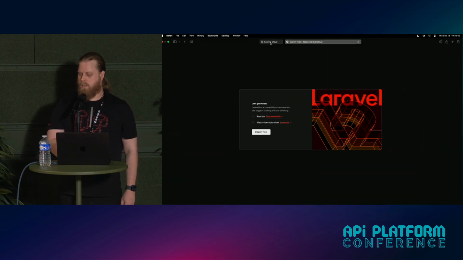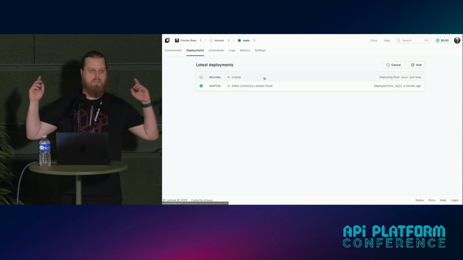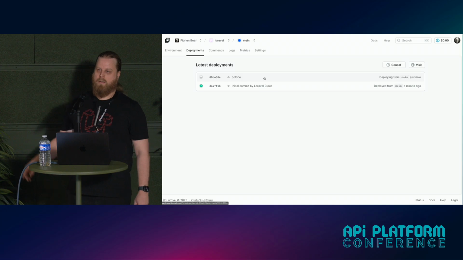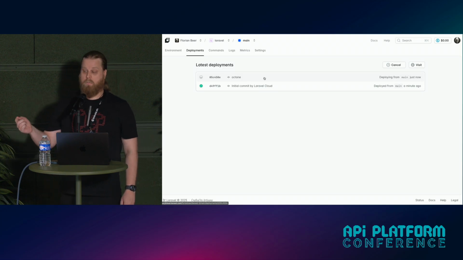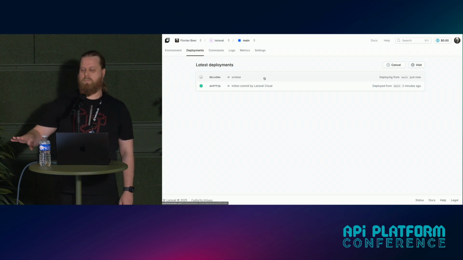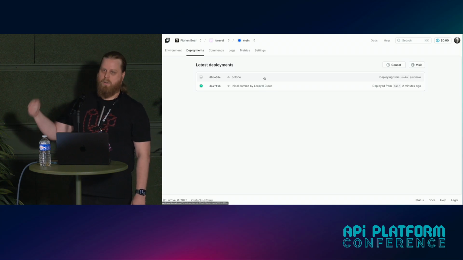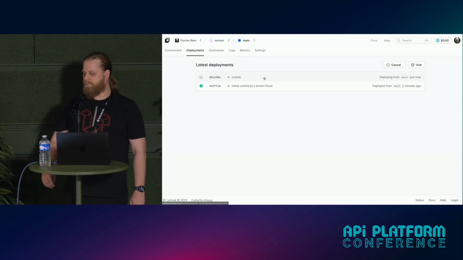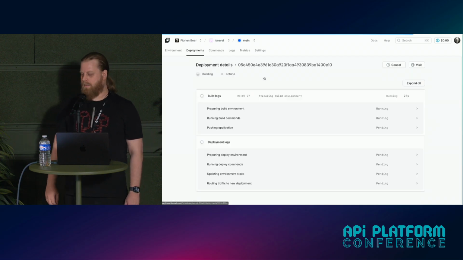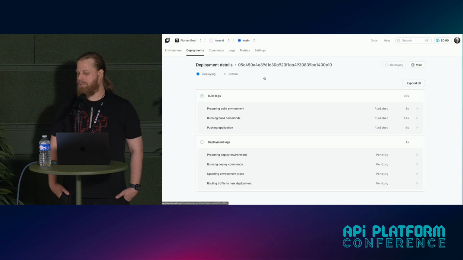So what Laravel Cloud does is, by default, we have push to deploy turned on. So I just push to my repo, it automatically picked it up, it'll create a new image, and it will deploy it. Right now we're not running on Octane yet. We just installed the package. We've got to flip the switch, but first I want to show you that at the moment it's PHP FPM, and then we're going to flip the switch, deploy again, and see the change. Just give it another few seconds here. That's always the most painful part of a demo, waiting. But I'm sure we're going to be done pretty soon. Yeah, there we go. It's deploying already.